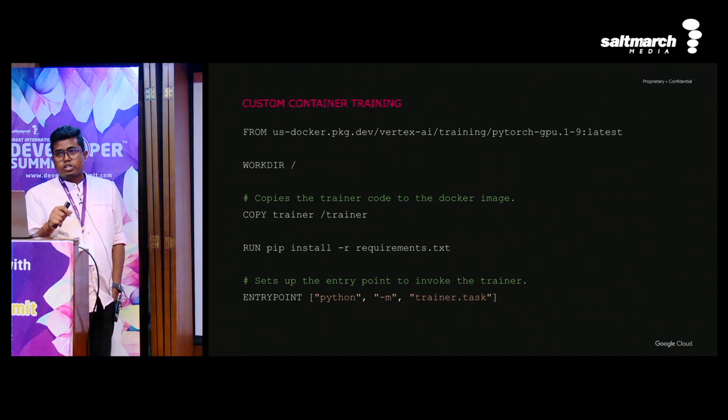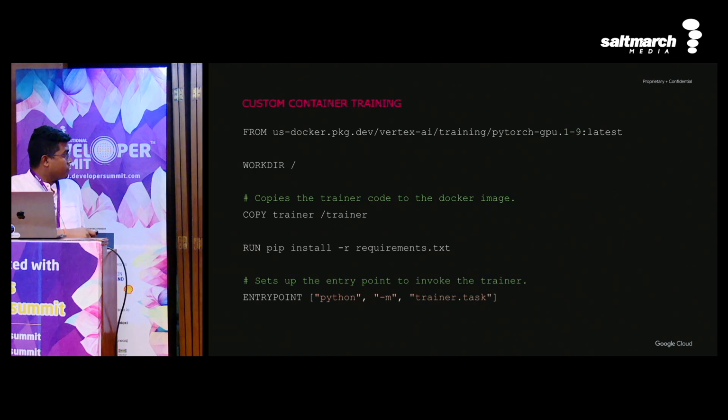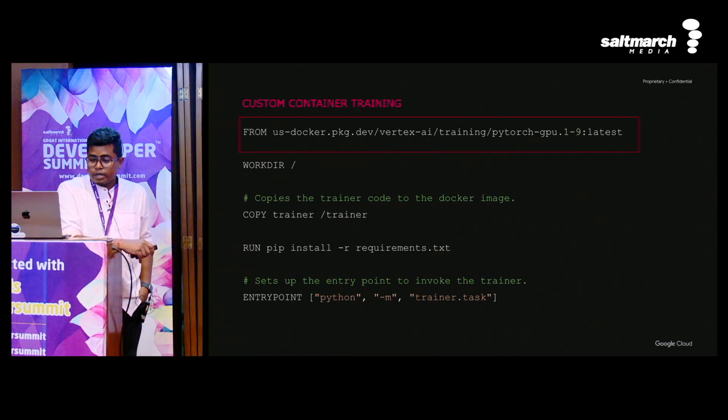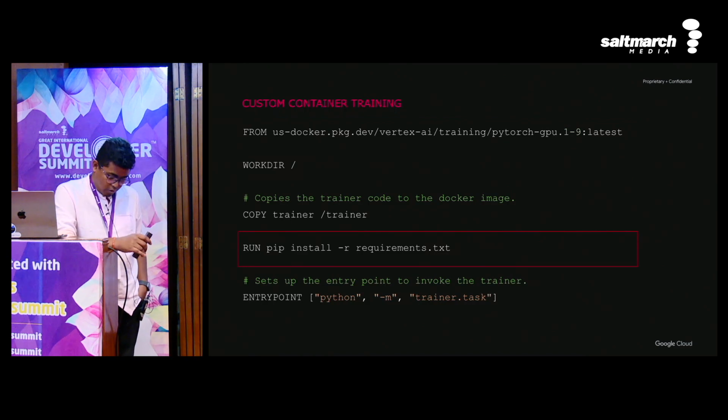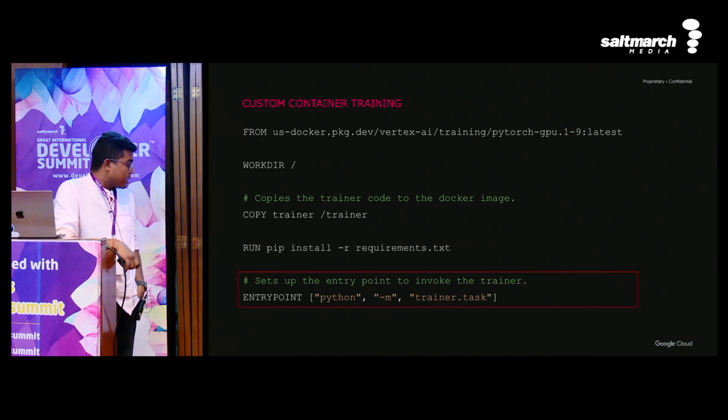To start with, it starts with this Docker container script. Here at the top, I have listed this Docker container, and then inside this, if you want to install any more dependencies, you can do that. And at last, you put your trainer, your configuration or your training script,